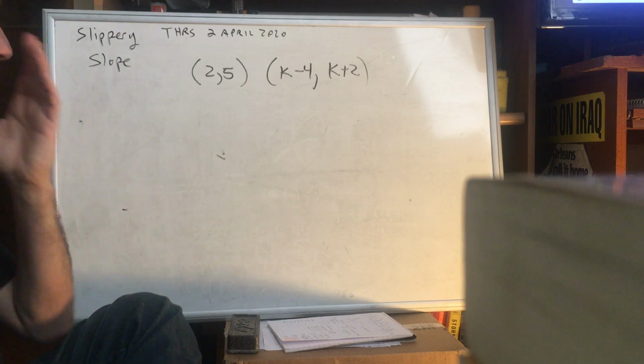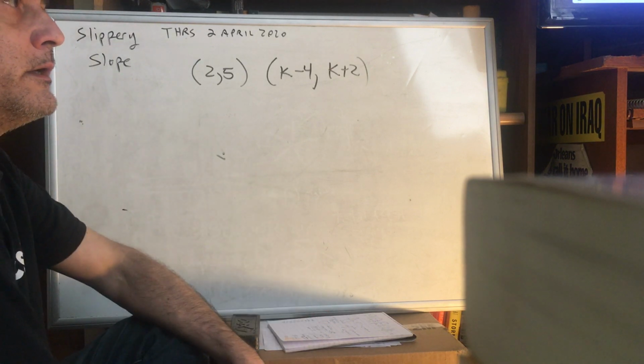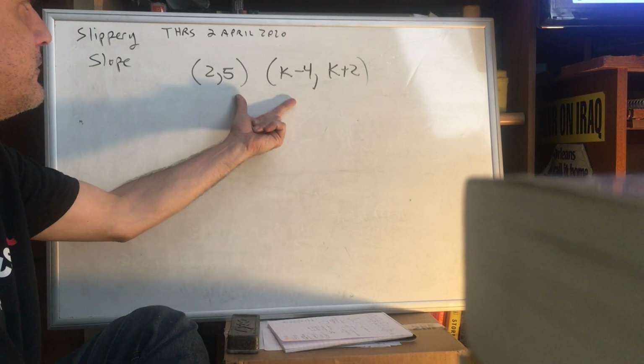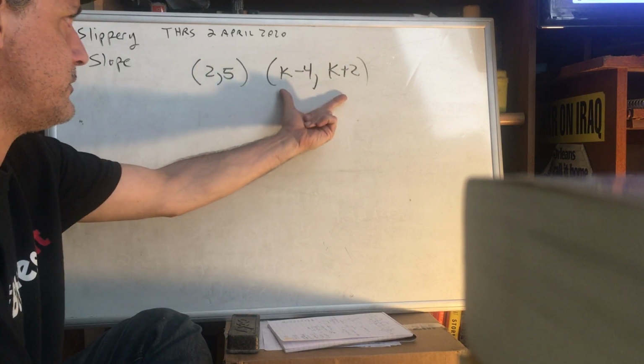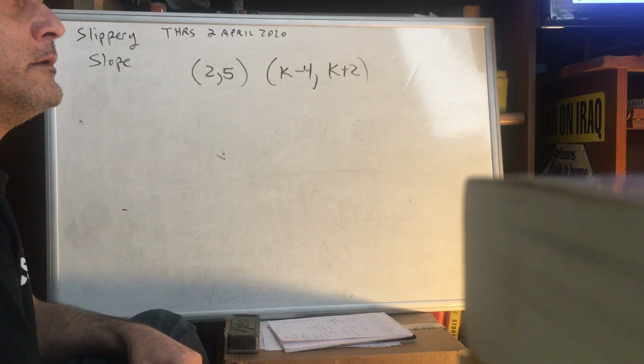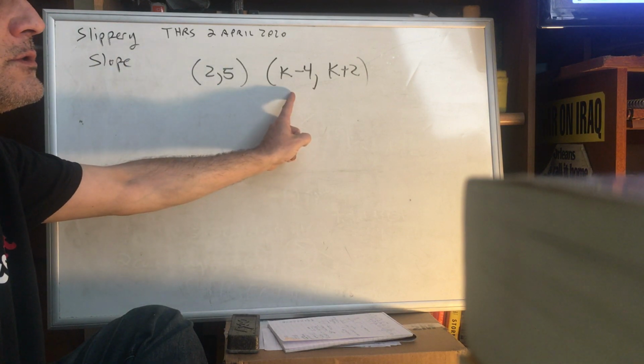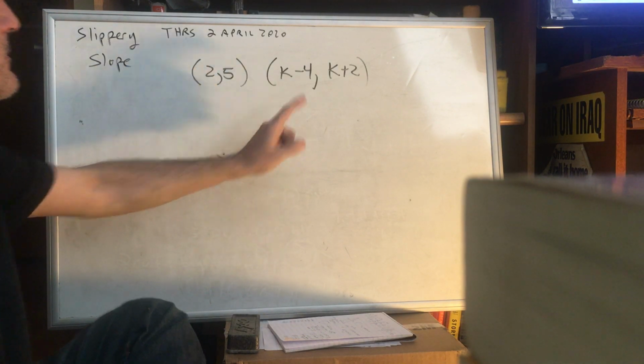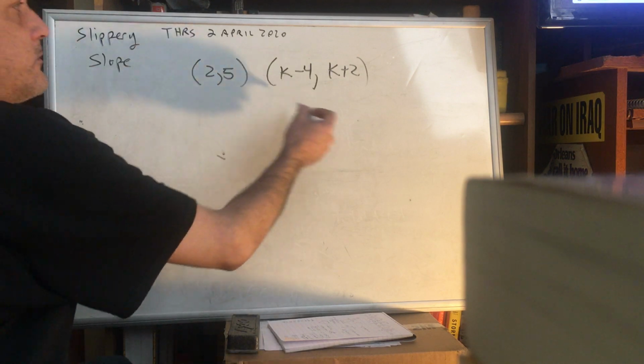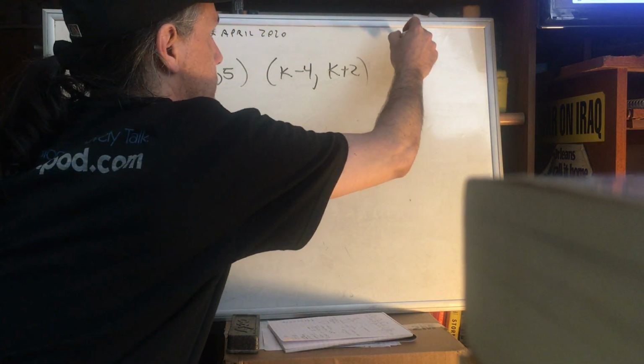So here's our problem, the slippery slope, and here are the coordinates. One of the pairs of coordinates has a variable, and so we want to find out for what values of k the slope of the line is going to be positive. In other words, when we do the slope formula, which you might remember,